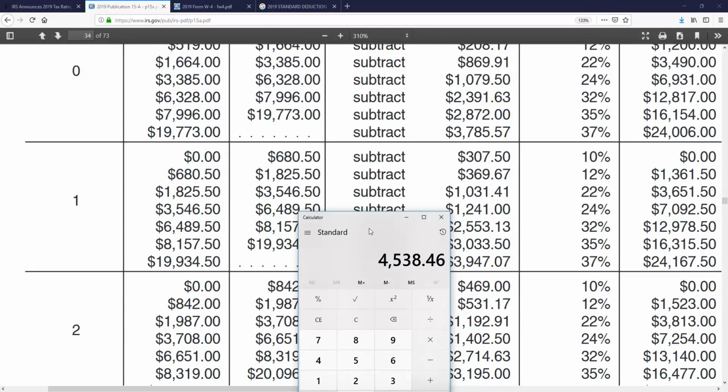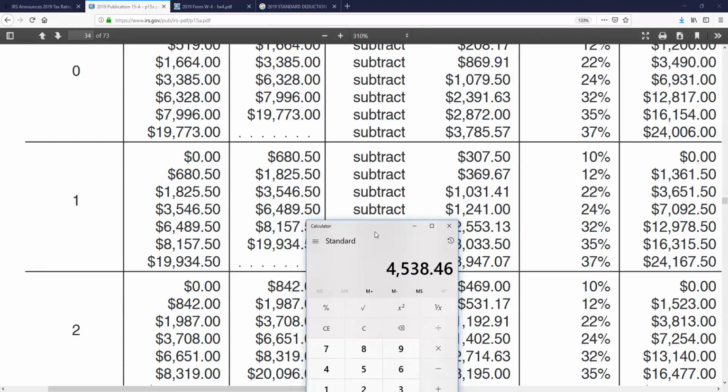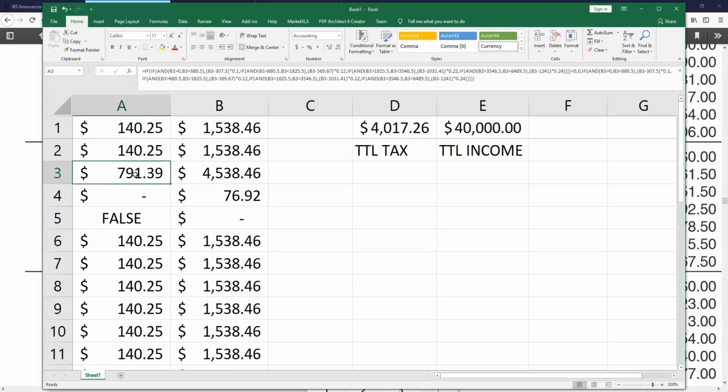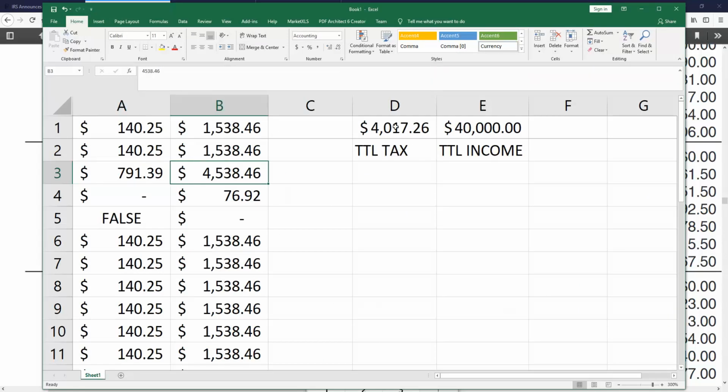All right. And we're going to subtract 1241. Okay, going to multiply the rest by 0.224, and that gives us $791.39 of federal withholding, as we see here. Okay, and like I said, because of this big bonus, he paid in more tax than necessary. Okay, so we don't want to do that, guys. Again, pay what you owe, not a penny more.